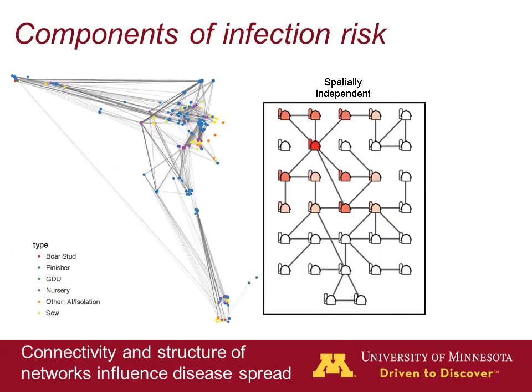So the main components of infection risk that go into our model, of course, are movements. I think you're getting a pattern. I really like pig movement data and networks. So this is largely spatially independent data. We have these sorts of movements for